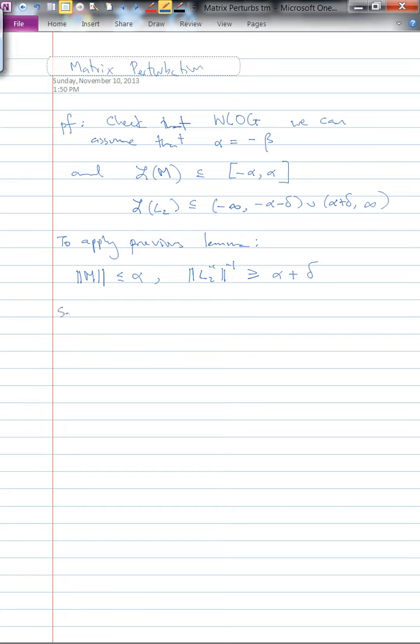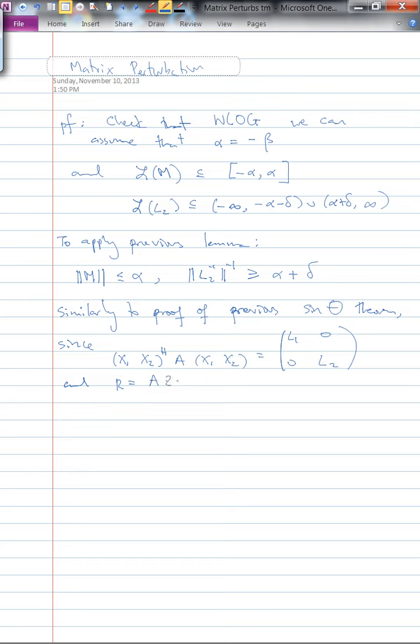So similarly to the proof of the previous sine theta theorem, we know that since X1, X2 is block diagonal, L1, 0, 0, L2, remember this was a key step that we used in the previous theorem,